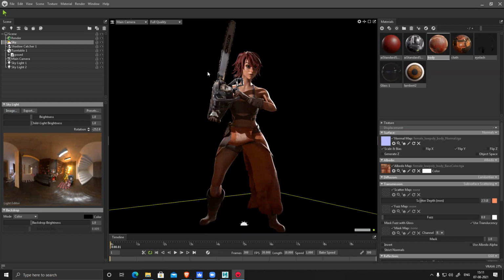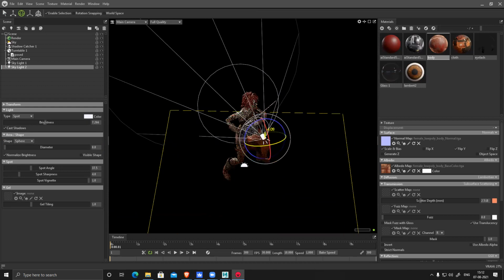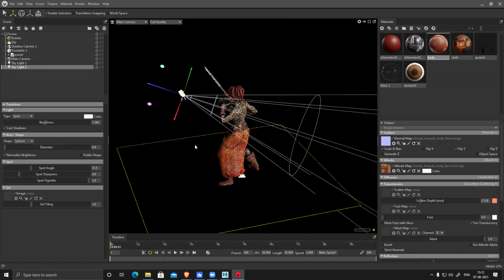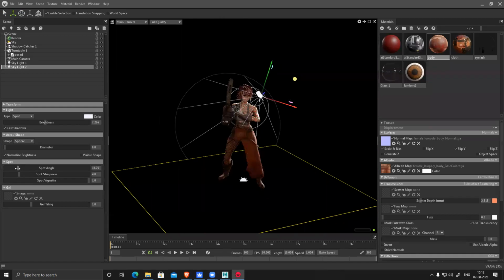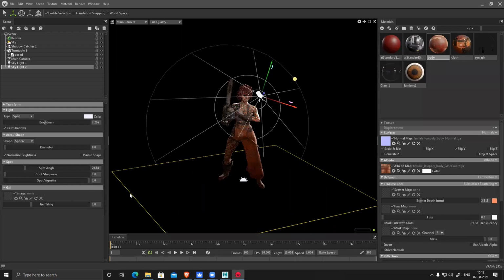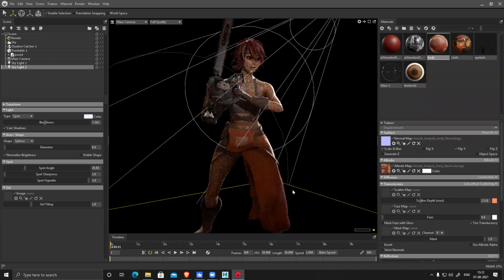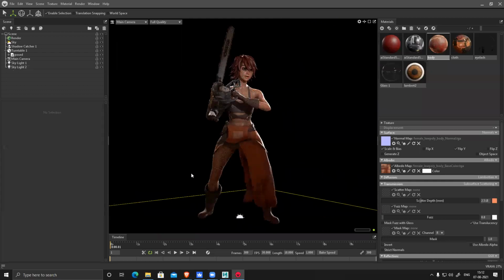And this light is affecting this also, so move it slightly. Soften it. Now this looks much better.